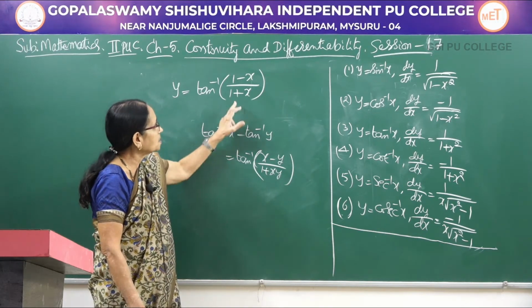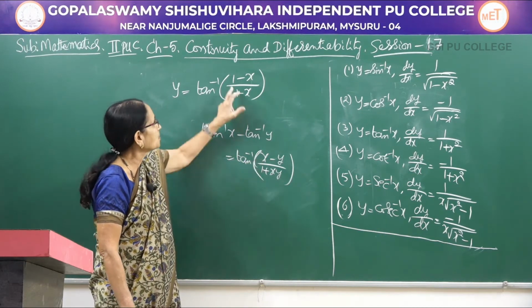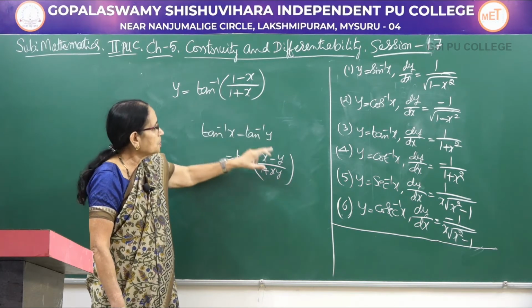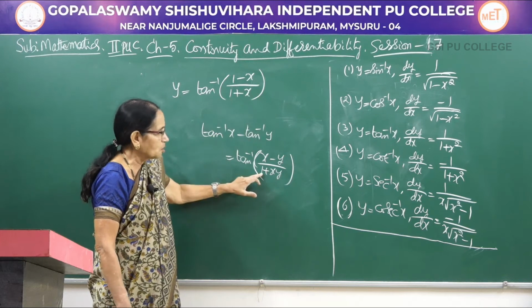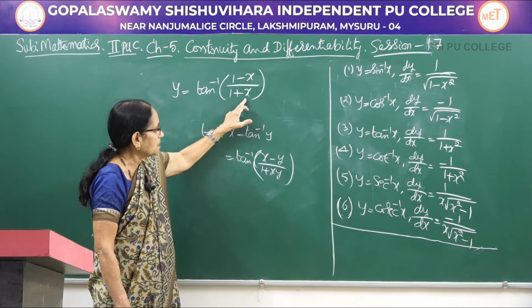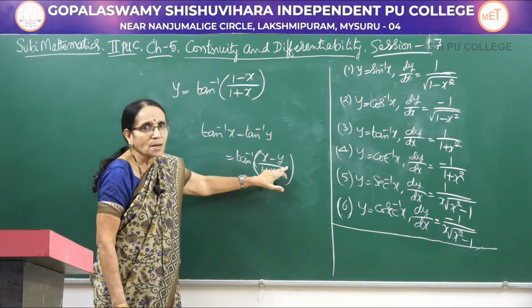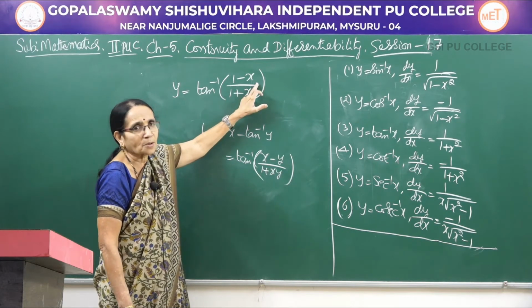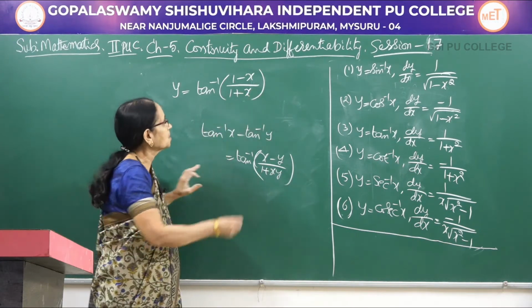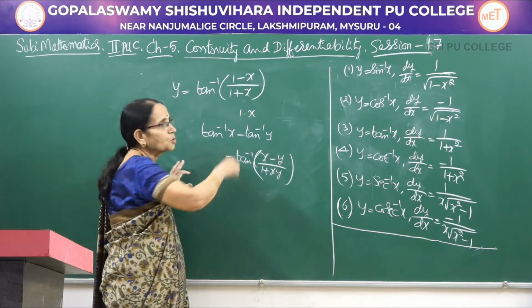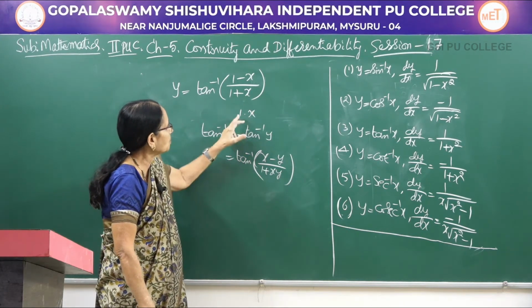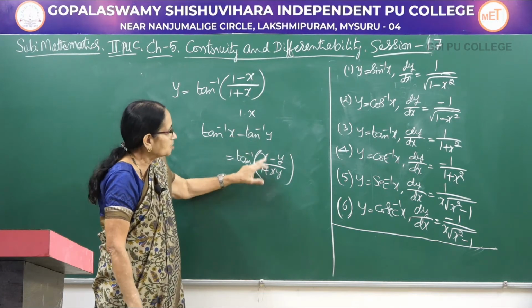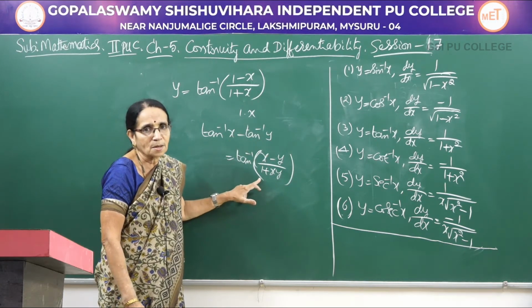Now, let me compare this and this. In the place of x, I am having 1. In the place of y, I am having x, isn't it? And in the denominator, 1 plus, look here, x and y have been replaced by 1 and x. The denominator x, I can write as 1 into x also, isn't it? In that case, here x would be 1 and y would be x. So, this resembles this particular result.